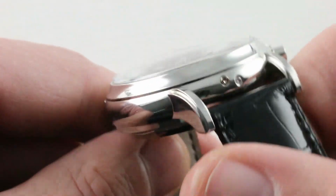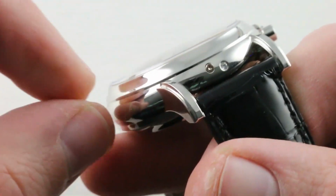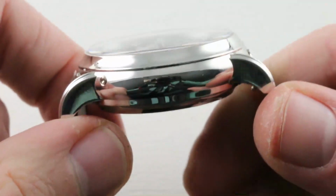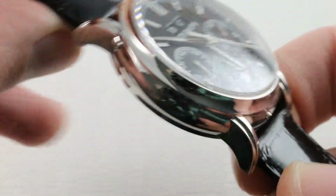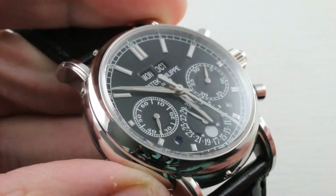The case is all polished. It has a little bit of a squat shape to it because it has a compound curve. It arcs end to end, and then it also arcs top to bottom. The mid-case is defined principally by the junction between the case back and the mid-case and the mid-case and the bezel. The bezel, as you can see, is rather concave to pare the visual mass of the watch,